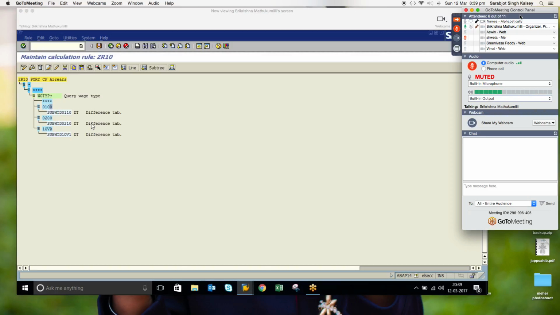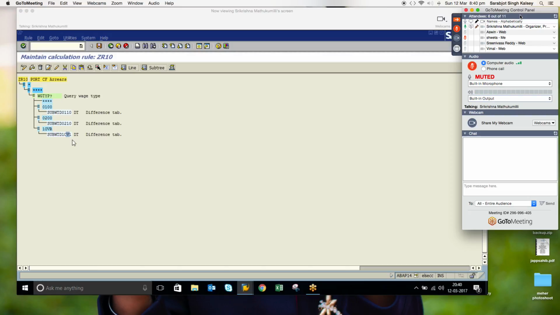So ideally, when you want to generate arrears for any of the waste types, you have to create two waste types. One will be acting in the retro periods. It can be several retro periods. As of now, in our example today, we are just discussing one period back for the retro, but it can be n number of periods. So these particular waste types will act in the retro periods to capture the differences from the ORT to